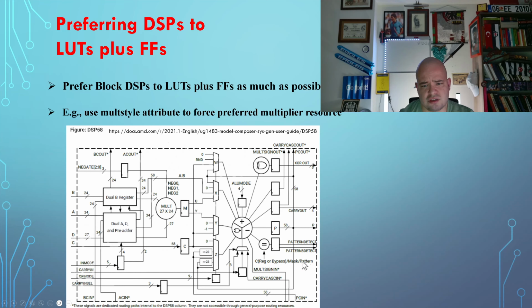You see the pattern detection feature is there. Some carry inputs and negation stuff are doable, and those pre-registers, two levels of preliminary registers, and post-processing registers, here you see on the right side,